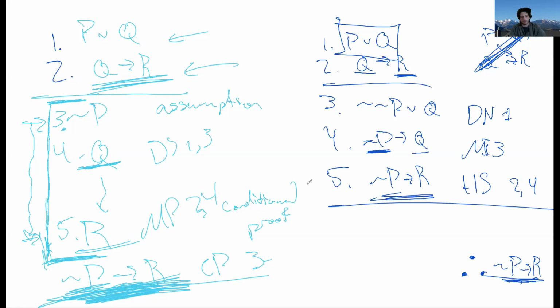So just to be clear, for those of you who are still getting used to it, why didn't I cite 1 for line 5 here? Well, because 1 has absolutely nothing to do with modus ponens. Think about what modus ponens actually looks like. Modus ponens is saying that,